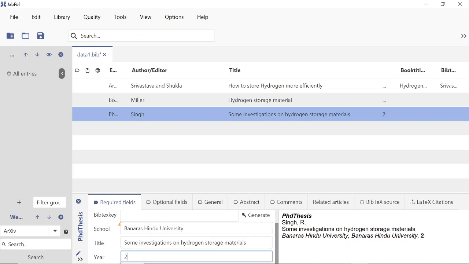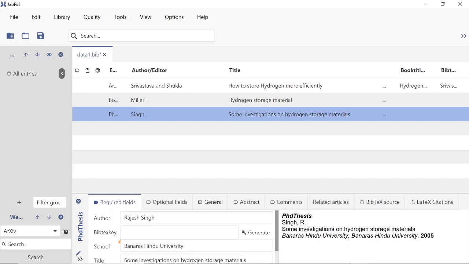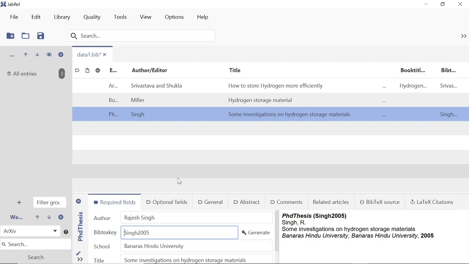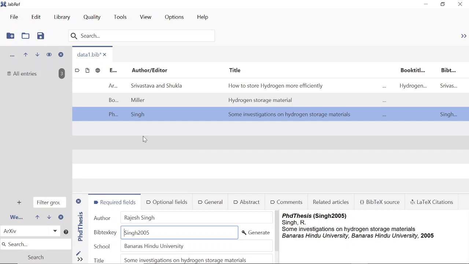Year of submission 2005. Okay, like this. Now we can create the BibTeX key here. Like this, we can do all these things. Now Control S, save it.